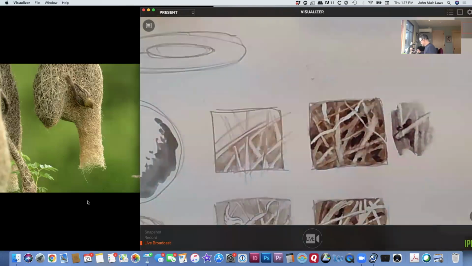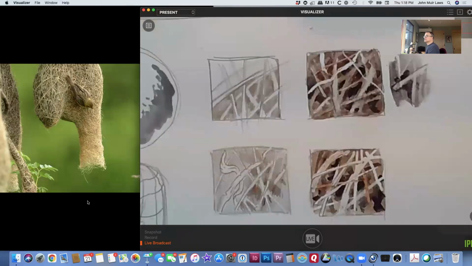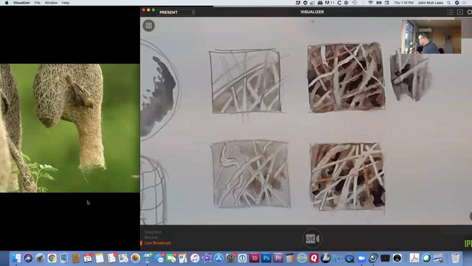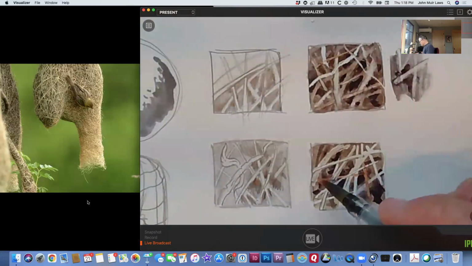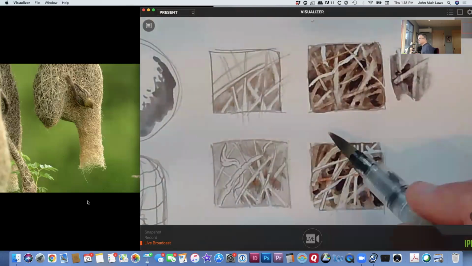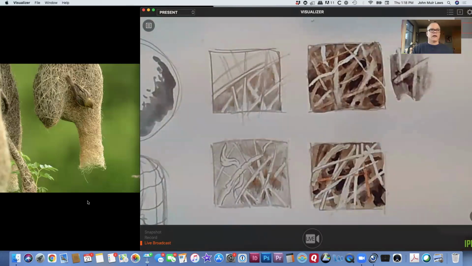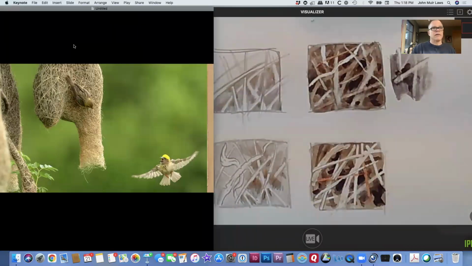That is just a big collection of texturing techniques. And you can use these to really get a lot of depth in your nests. Jumping back to the,